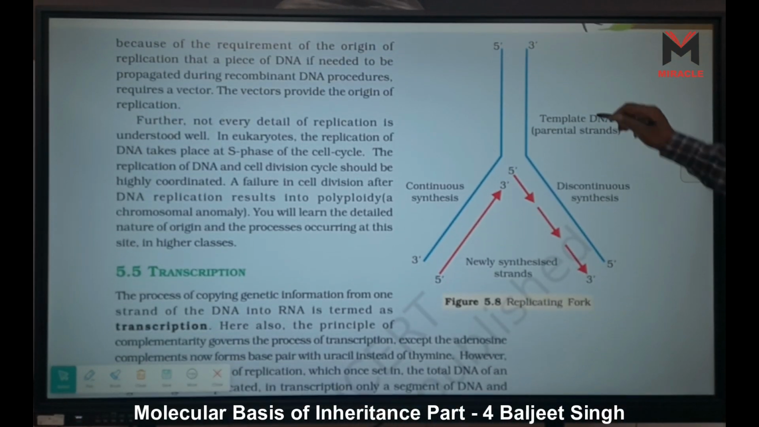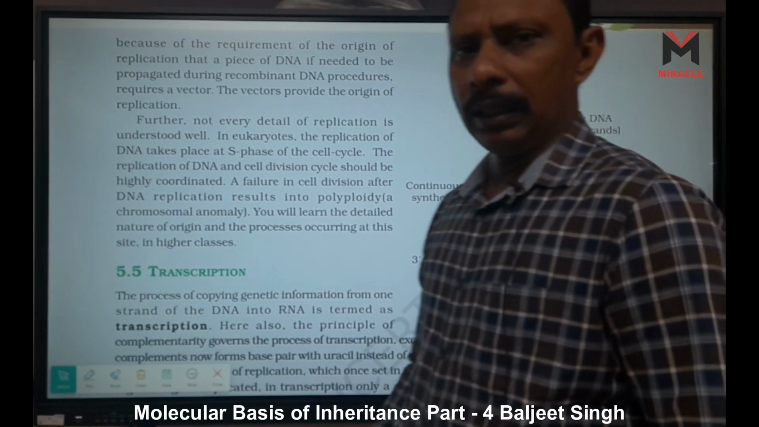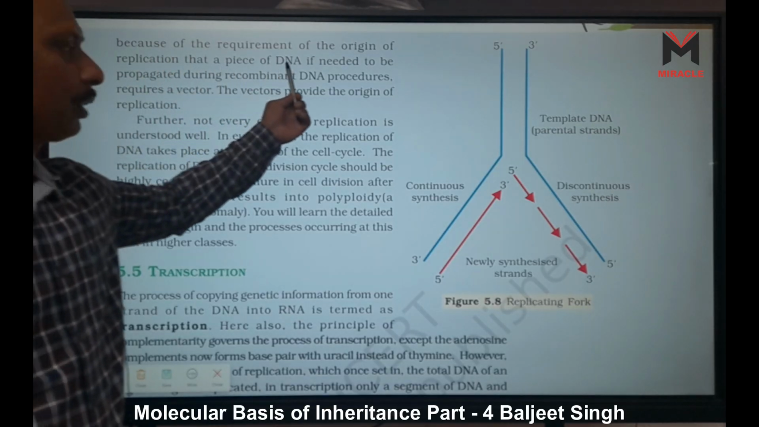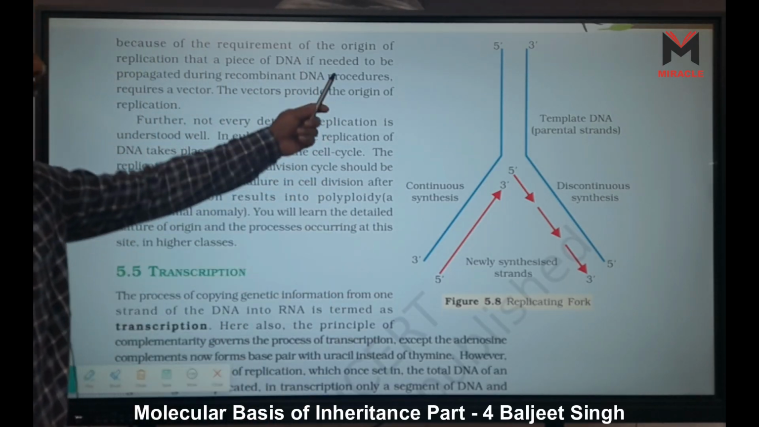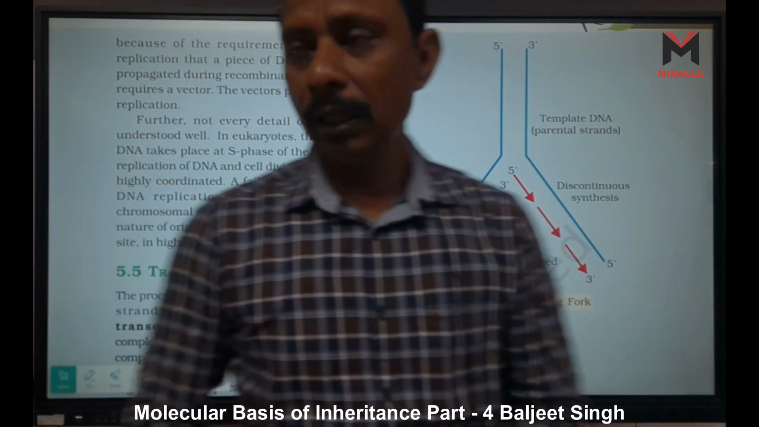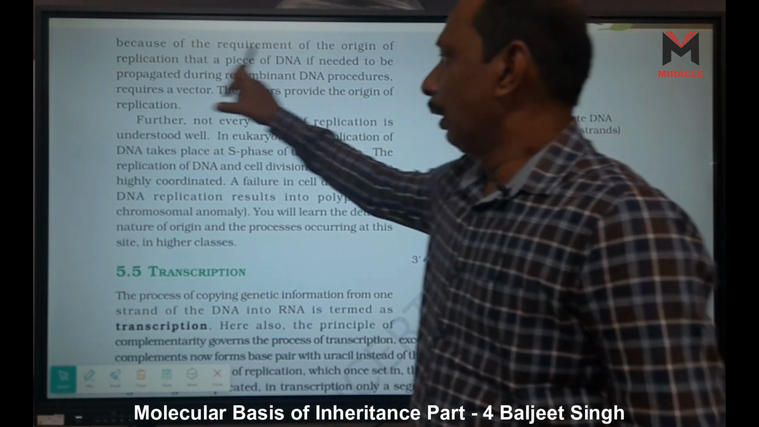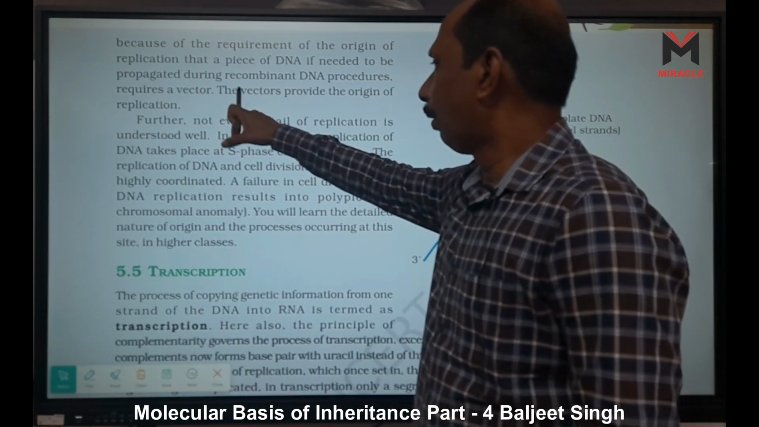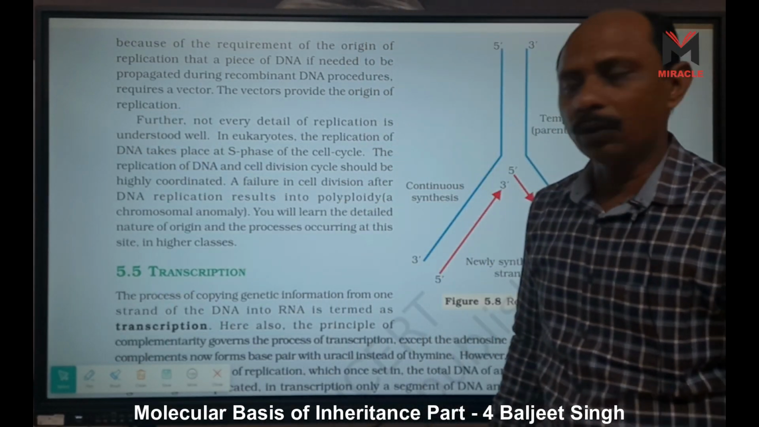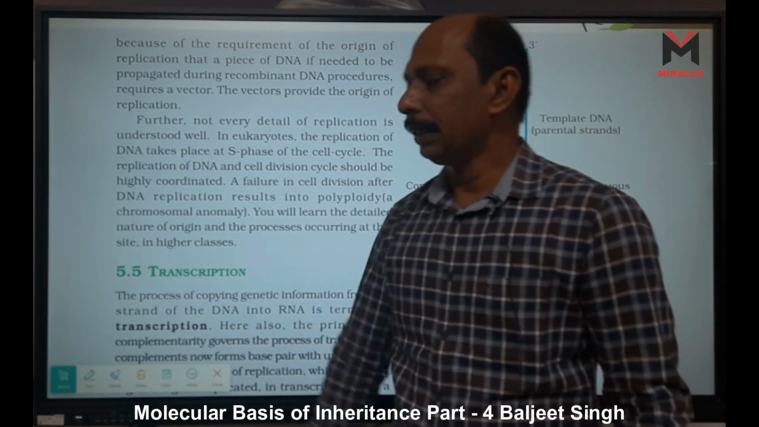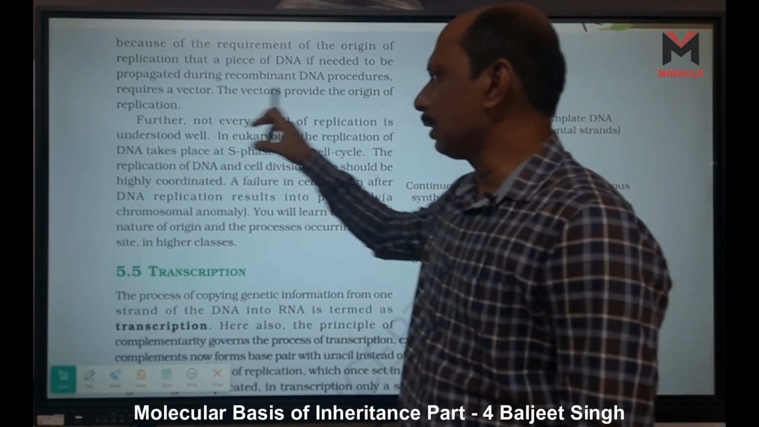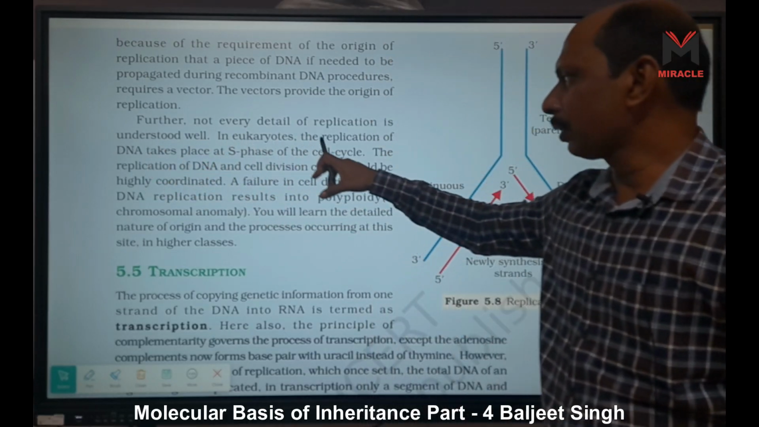Because of the requirement of origin of replication, a piece of DNA, if it needs to be propagated during a recombinant DNA procedure, requires a vector. The vector provides the origin of replication, and that vector means we can say RNA primer. Further, not every detail of replication is understood well, but in eukaryotes, the replication of